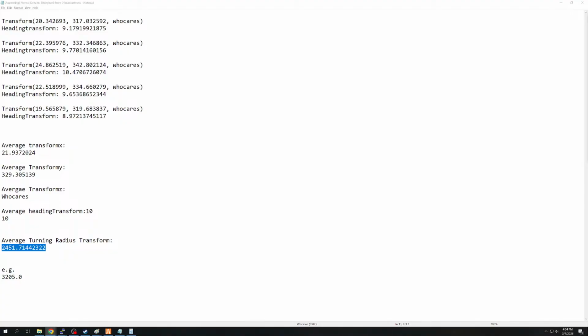I guess that's backwards. Is that backwards? Might be backwards. 76%. Maybe we subtract that minus 100. It's 23. I think that's more like it. Well, basically we take the percent change from this turn radius to this turn radius and we apply